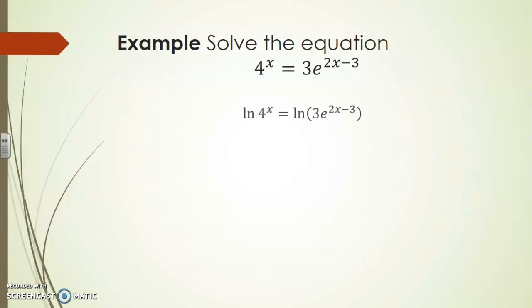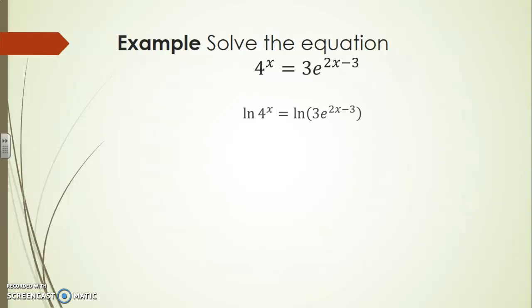Right, so I've decided to apply a logarithmic function in base e to both sides. The choice of base e is somewhat arbitrary. It could have been in base 4 as well. Could have been in base 10, in fact, if I had wanted to, but I chose base e, so an ln function, because at the very least it will be the inverse of the base e exponential, but we'll get